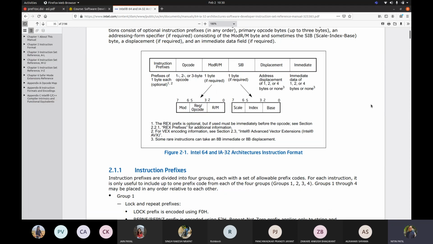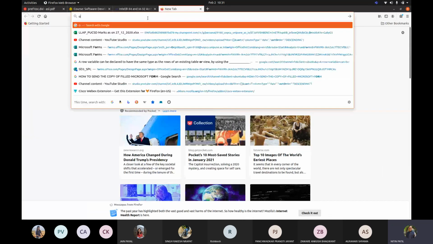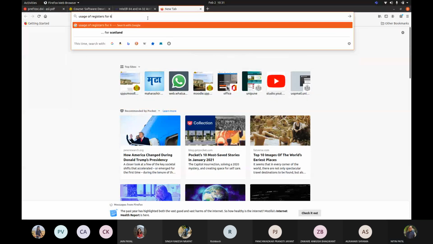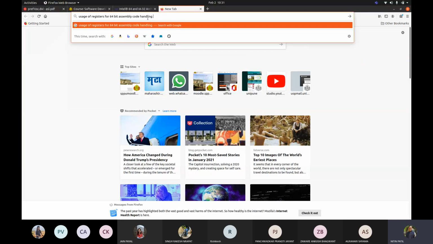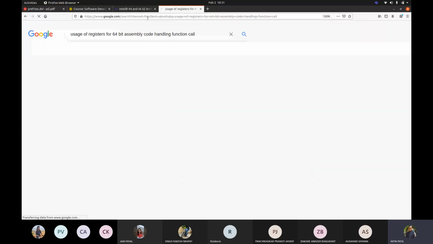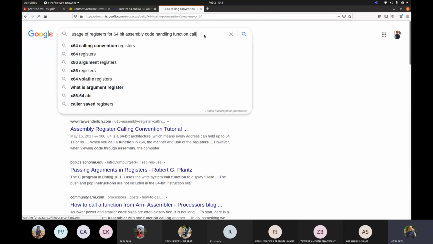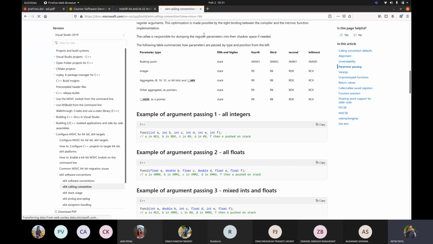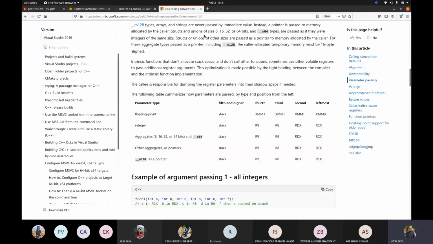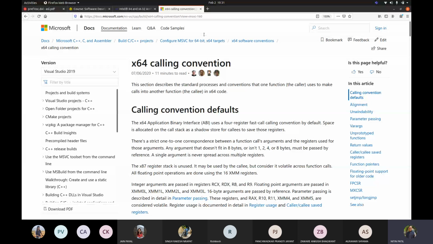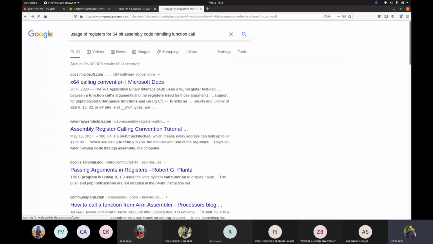So if I try to search, say, usage of registers for 64-bit assembly code handling function call. So let us write this with, yeah. Okay, let me not go with Microsoft.